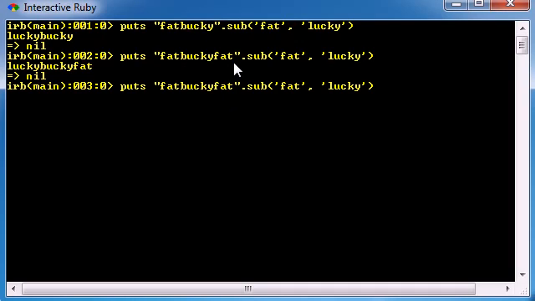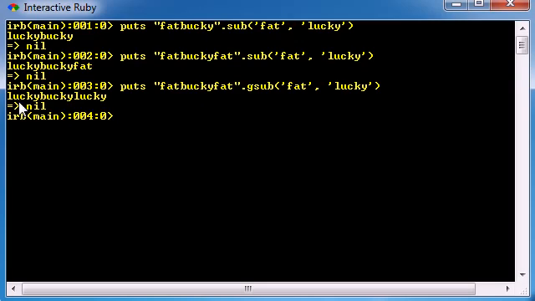Well, in order to do that, you need to use the gsub method. Why they named it gsub, I'm not entirely sure. But what this does is instead of just substituting the first fat, it substitutes all the fats. So go ahead and hit enter. Lucky Bucky lucky. There we go. I am not fat. I don't know. I don't know where I'm going with this one, but anyways, this is basically a simple substitution method, and